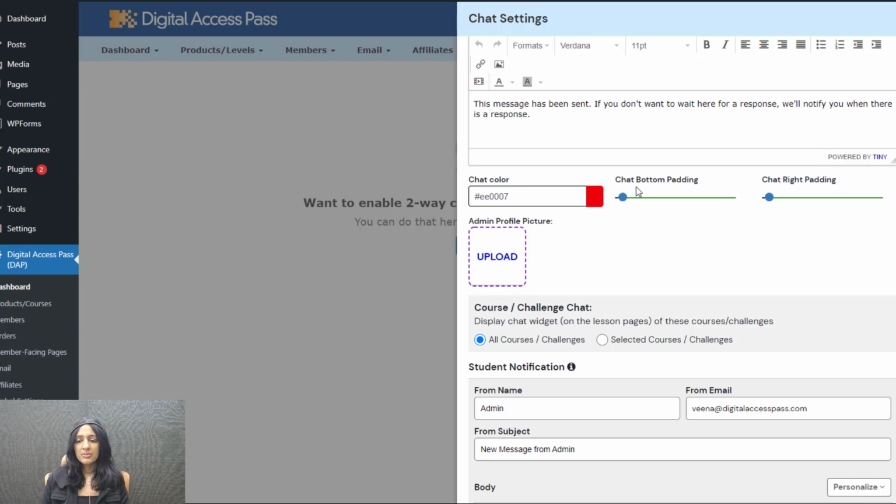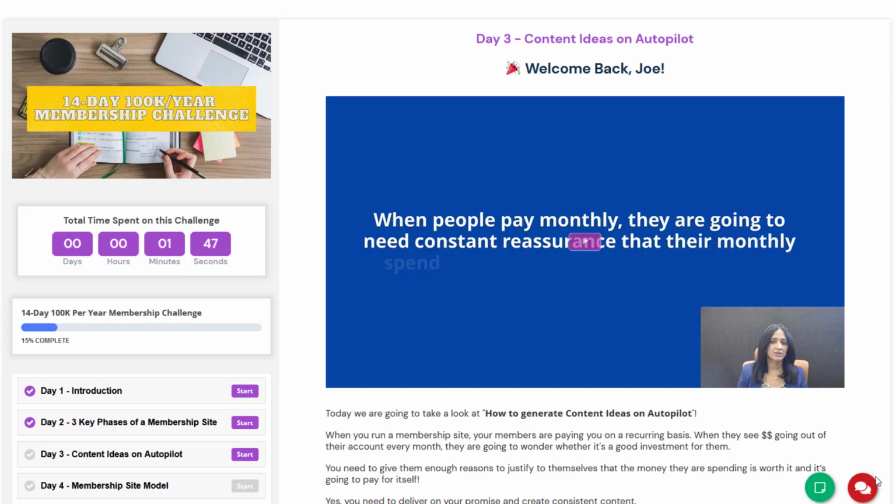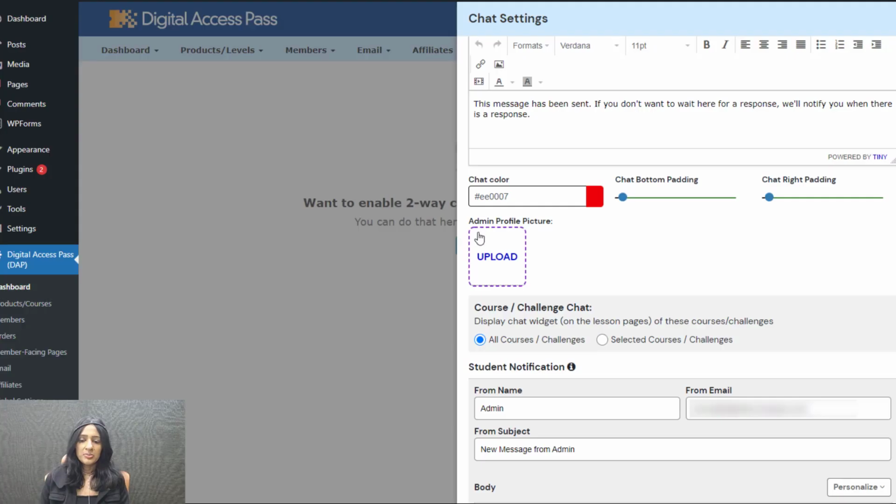padding here. In my case, I want the chat interface to be on the right, like this one, and the notes interface to have a little bit padding and be on the left. So in the DAP Course Builder, you can adjust the padding for all of these icons. If you want the notes icon to be a little bit to the left of the chat interface, you can do that, all right?